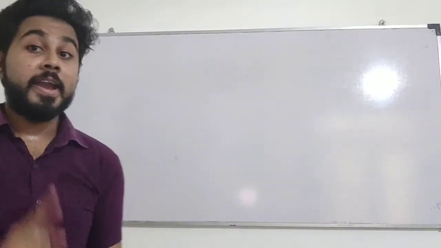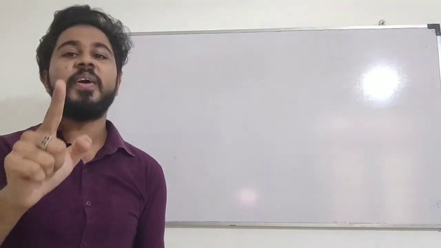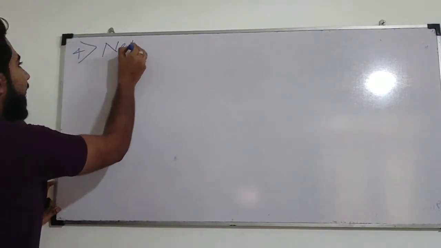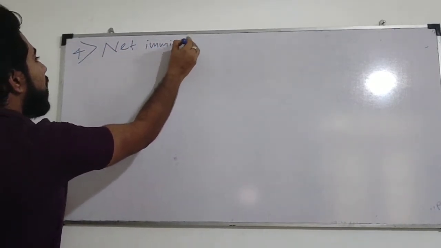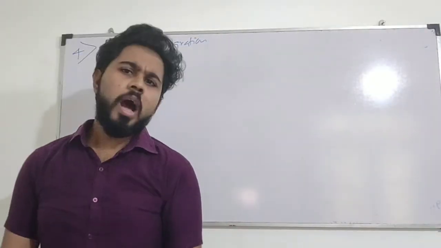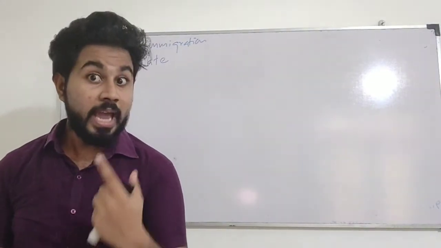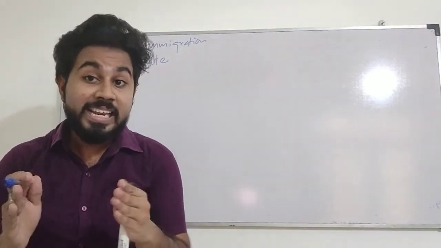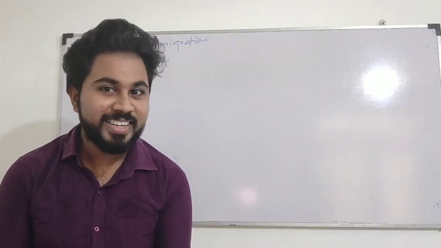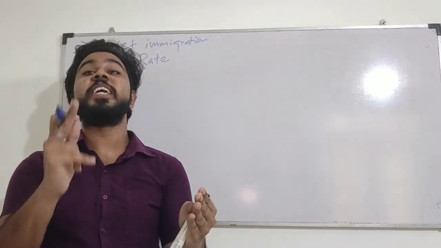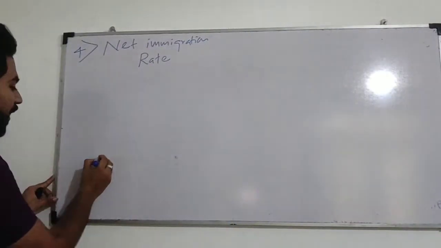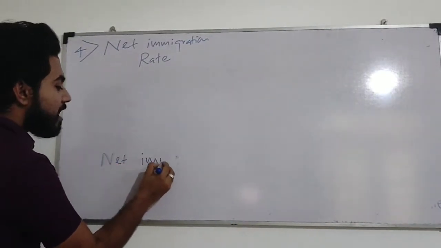What is the fourth one? Net immigration rate. Okay. Now, in the last video, we have discussed what is the meaning of net immigration. Exactly what is the meaning of net immigration? That is the difference between immigration and emigration. As we learned in the last video, net immigration